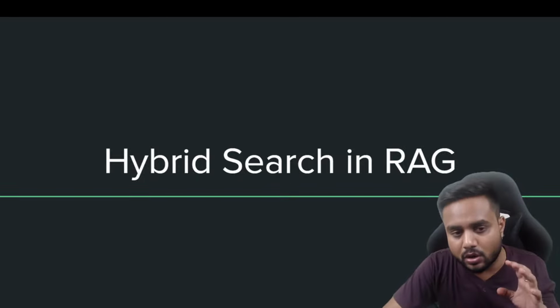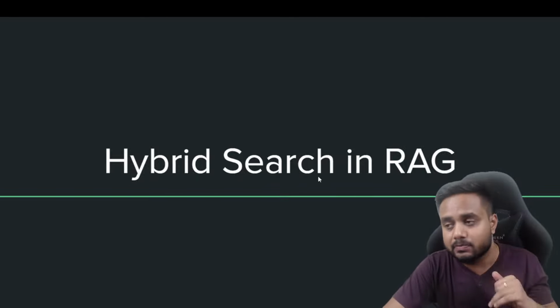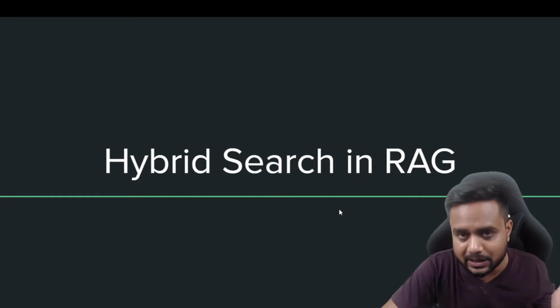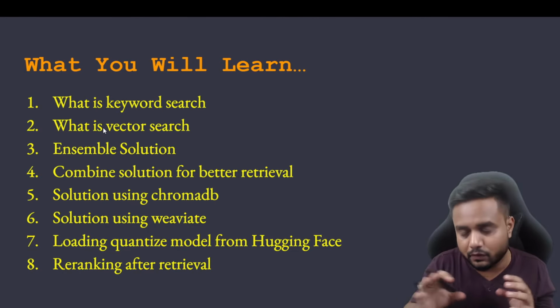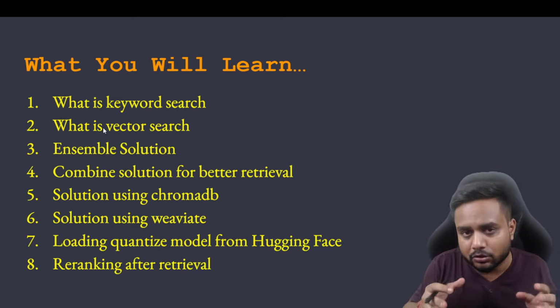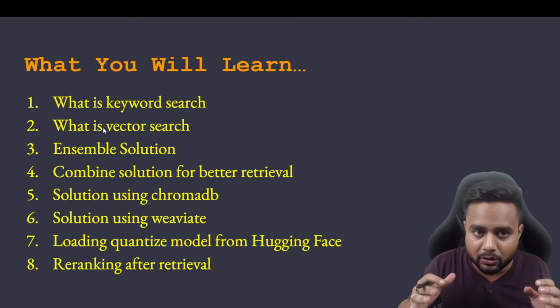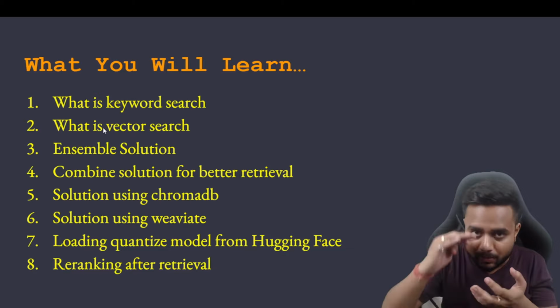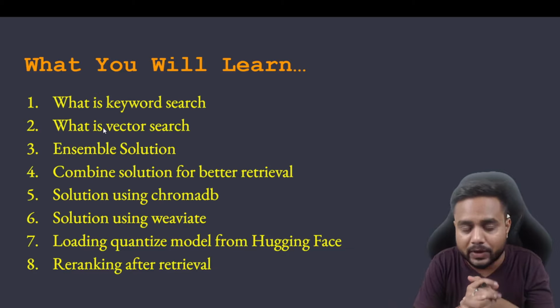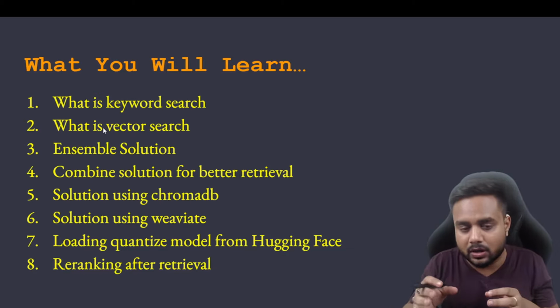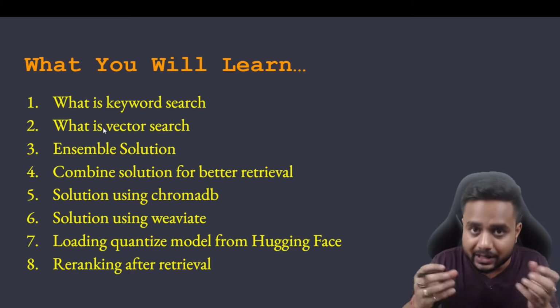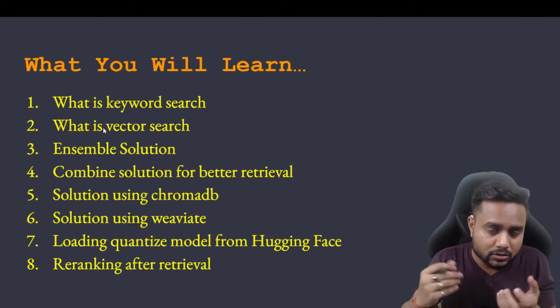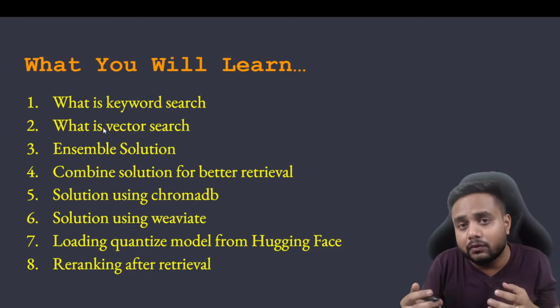Now, guys, what all will you learn inside this particular session? Let me tell you first of all. You will learn about keyword search. What is a keyword search? You will learn about vector search. You will learn about the ensemble solution. If we combine both solutions, this is called the ensemble solution. Why are we combining? We are combining for better retrieval, for better context, so that we can provide meaningful information